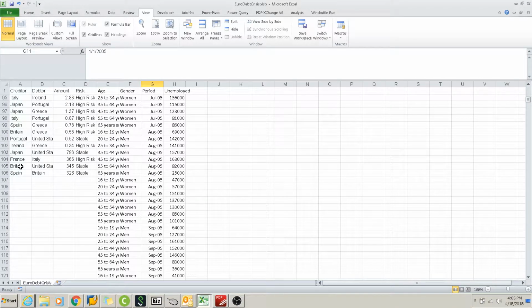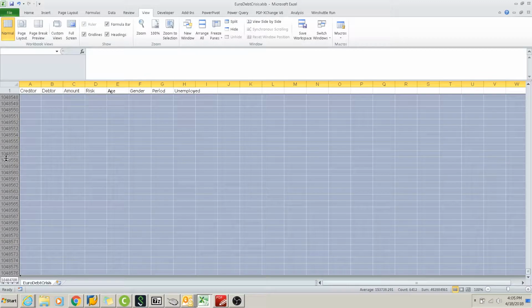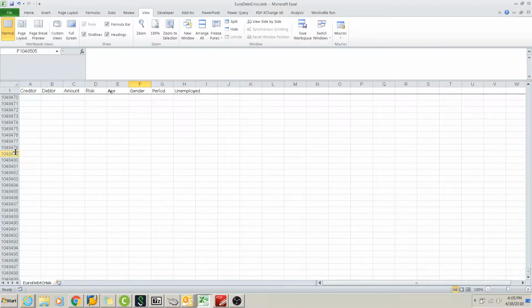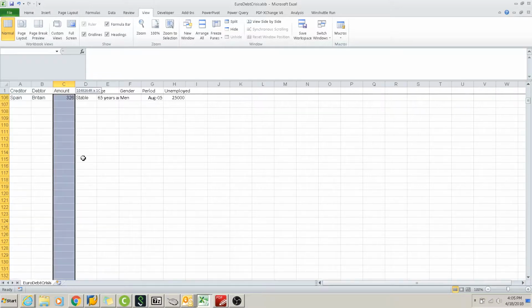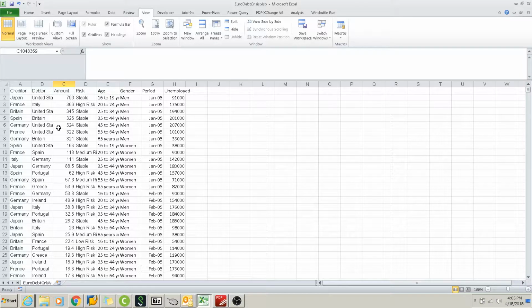So as you can see, we have too much data here. Let's clean the rest of it. It doesn't matter if they are over there or not. You just need to use the data in order to find out how to use pivot tables. These are very common Excel tools, so I really recommend using them in your job and everywhere. If you are a student at a university, you will want to use